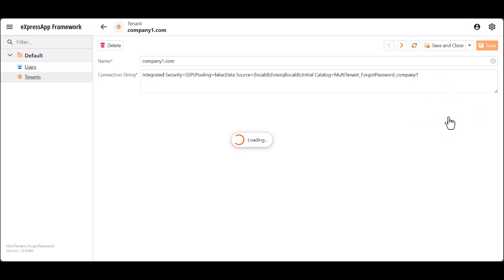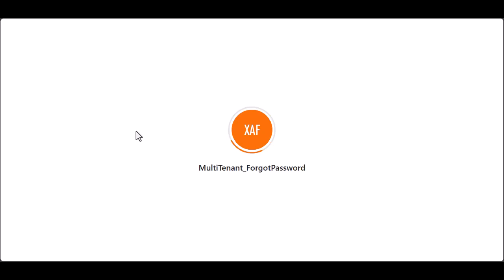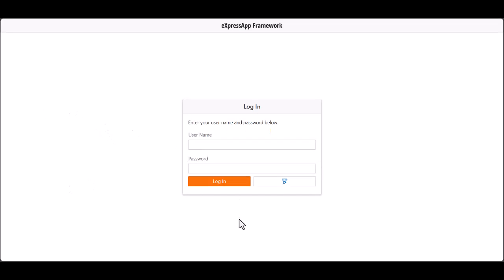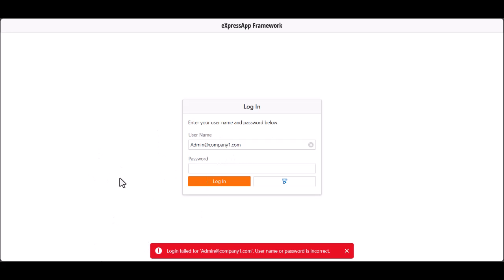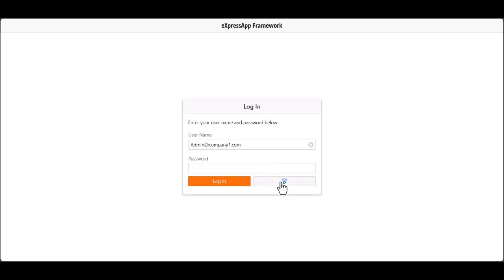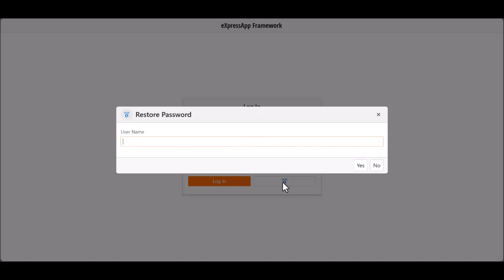Let me log out, and here we are. Suppose I want to log in with this user, admin at company1.com, but I don't remember the password, so the password fails. When this happens, I can come here and make a request for a password reset. Come here, I put my username, that is admin at company1.com,